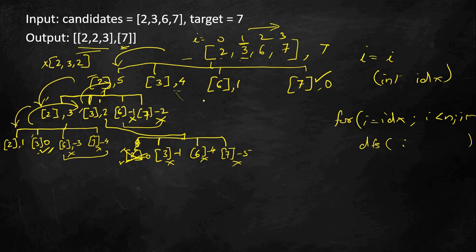So what will be the complexity in terms of time? The time complexity here will be, since let us say there are n numbers in this array, n raised to, I will have to do this until the target is formed or it is less than the target. So it will be n raised to t, that will be the complexity of this. So let us code this algorithm.